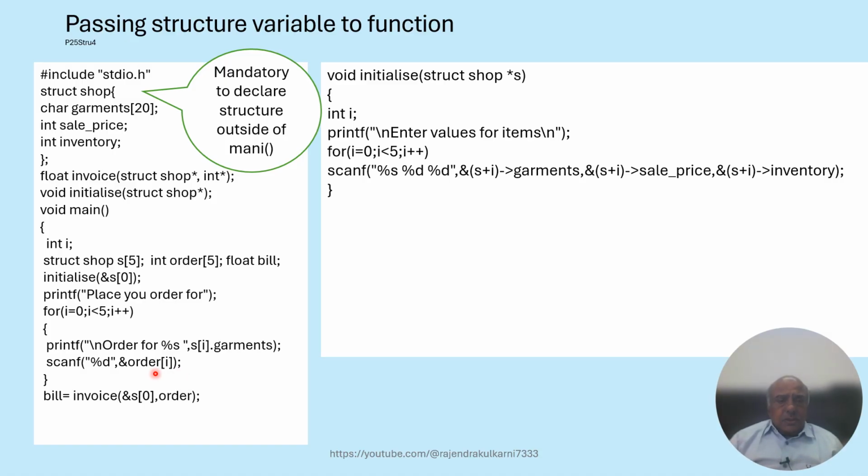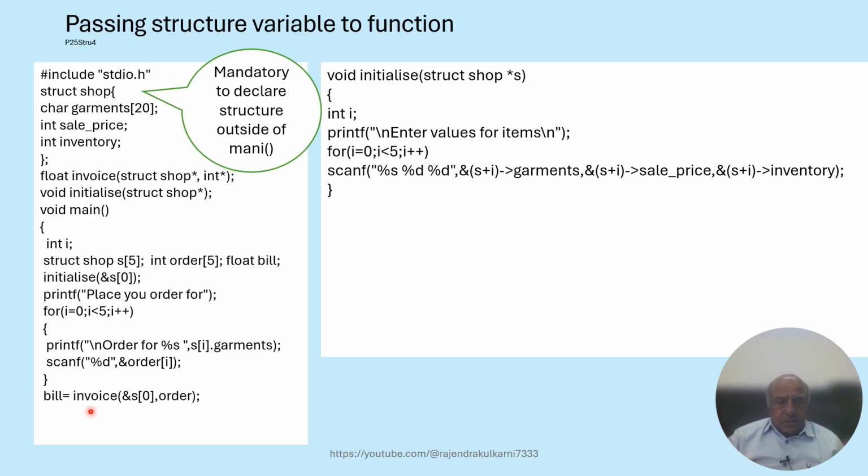Once the ordered values are input and this for loop terminates, we enter into another statement of our program. bill = invoice(&S[0], order);